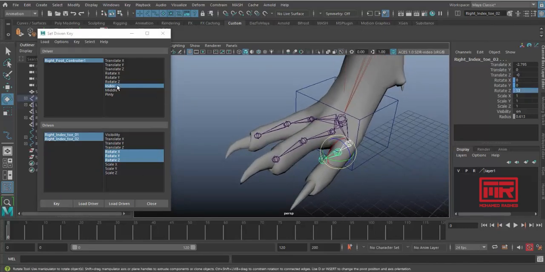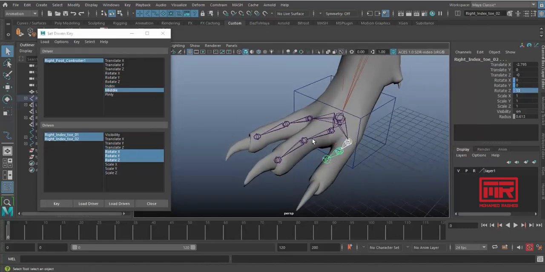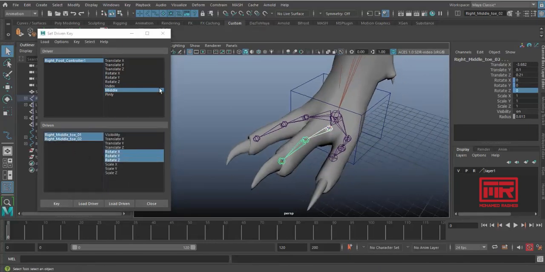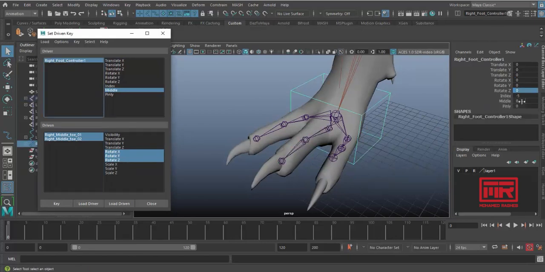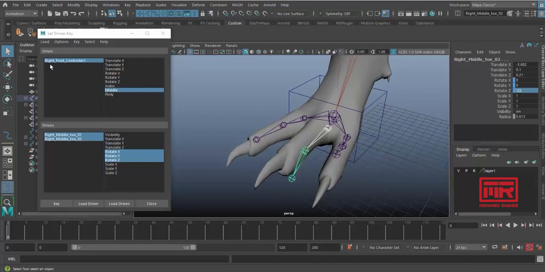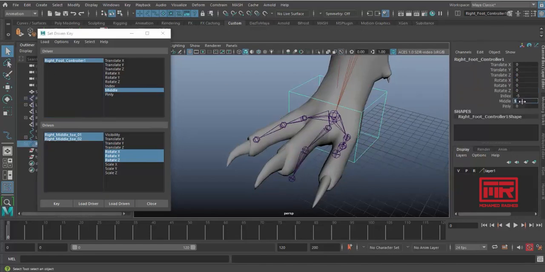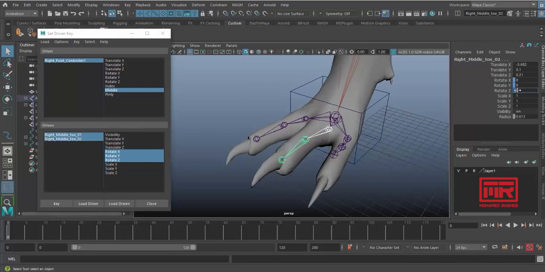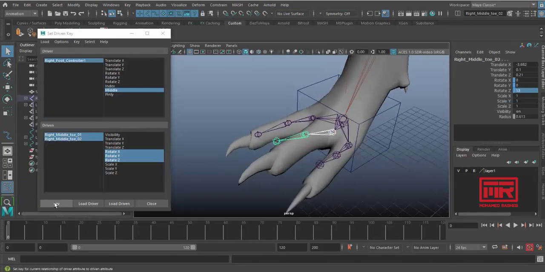Key, and for the middle we will load driven these, key, and when it's 5 they should be minus 22. When it's minus 5 these should be 13, key, and for the pinky